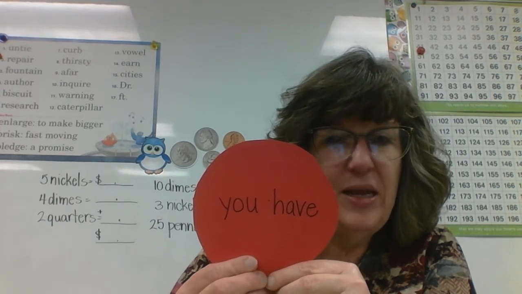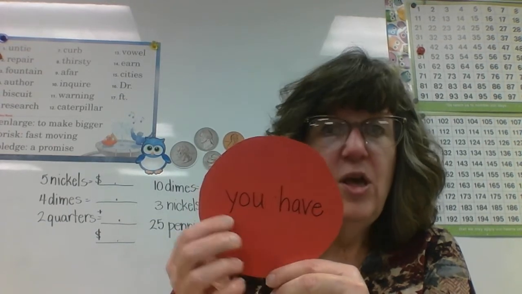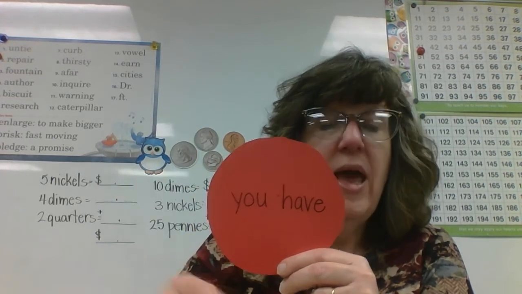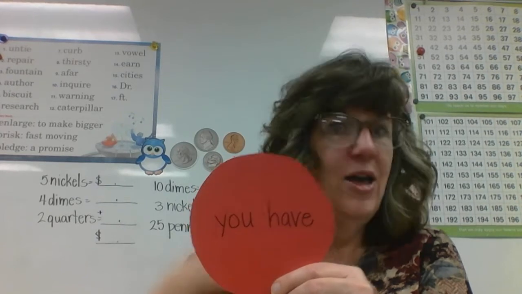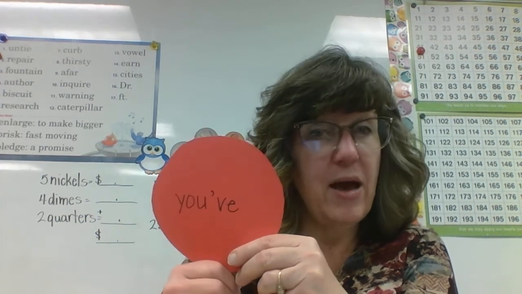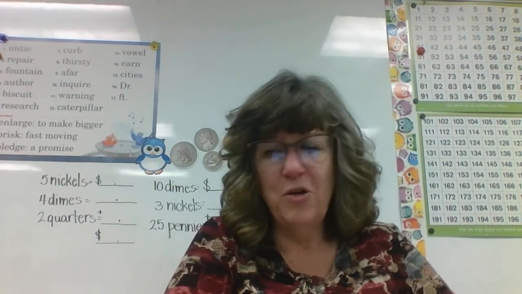Caleb, are you ready? You have a brother named Micah. Okay, what's the way to put those two words into one word and make a contraction? Caleb, you're so fast. I can't believe this. Okay, are you ready? Say it loud so everybody can hear you. You have turns into you've. Y-O-U apostrophe V-E. You've got a brother named Micah. Okay, are you ready? Good job. I'm so proud of you, boys and girls.